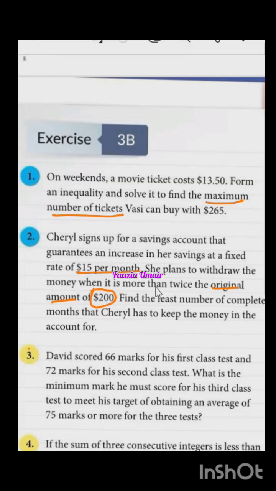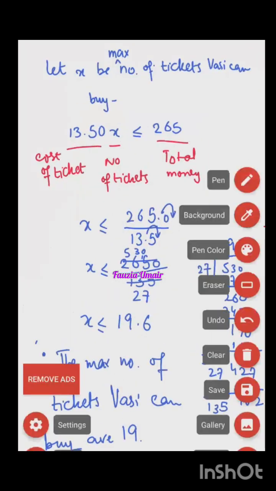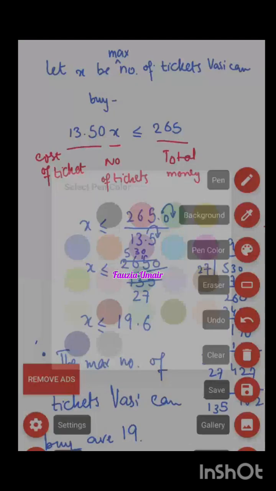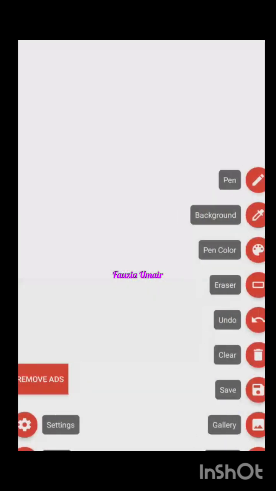So keeping this all in mind, whatever is asked in the question, find the least number of months, we will assume as a variable. Let x be the least number of complete months,